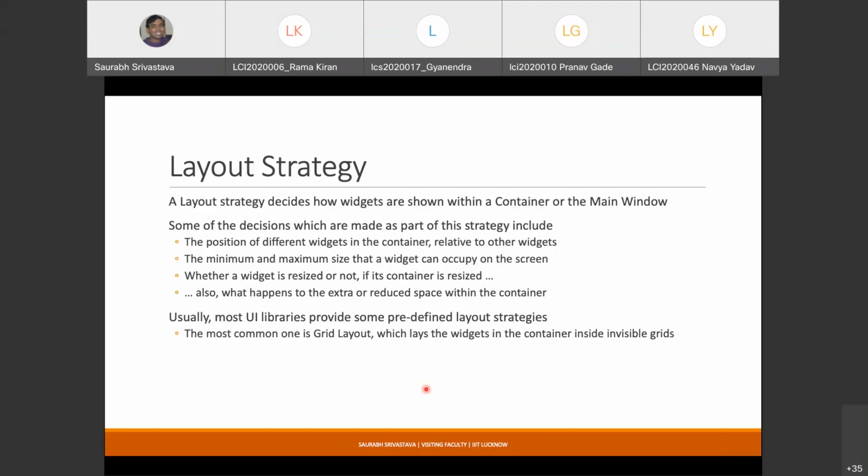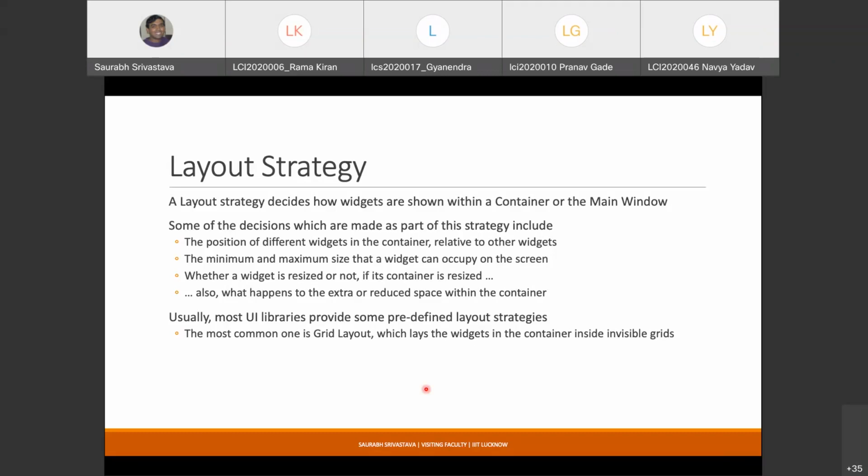So you need to explicitly tell what happens whenever there is a change in the container. The container could be a containing widget or the main window itself. So these layouting strategies tell you how things should be resized whenever there is a change in the size of the container. One of the more common layouts, to me it looks very static. It doesn't really solve many problems, but yeah, it is a common layout.